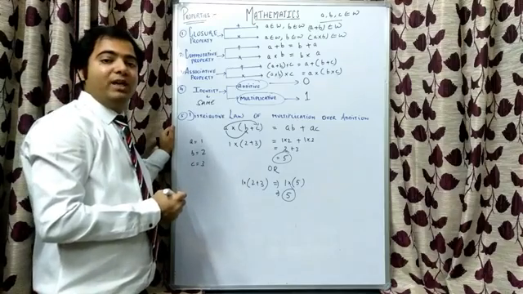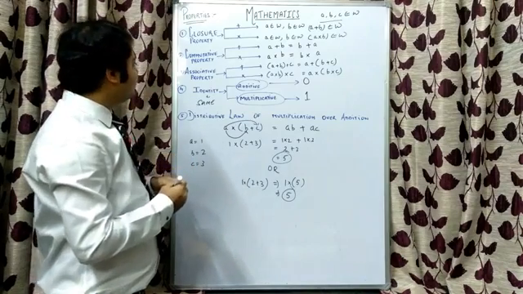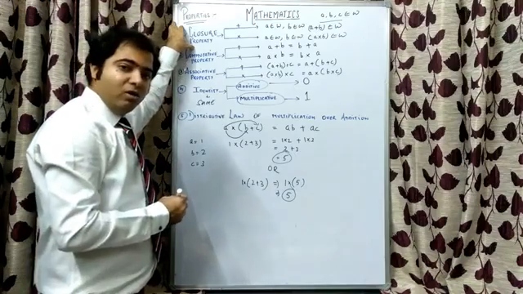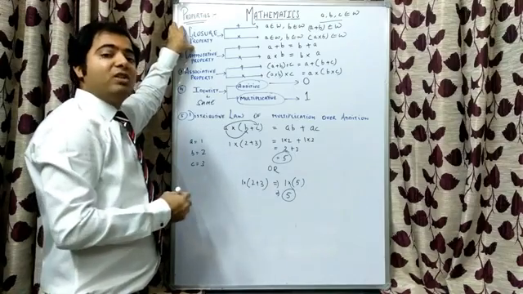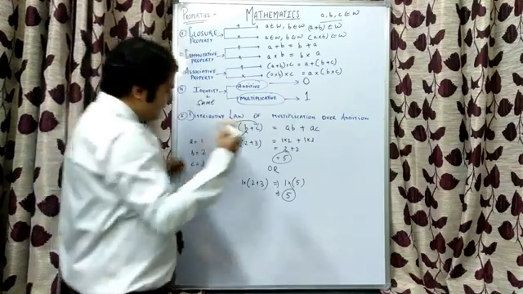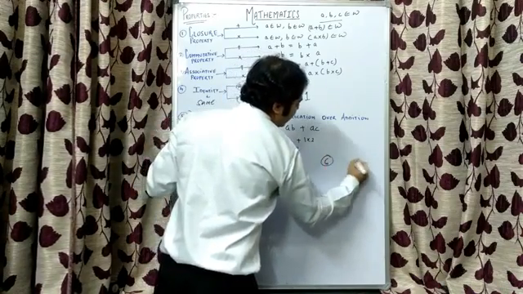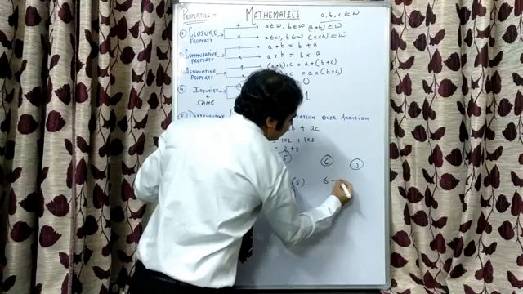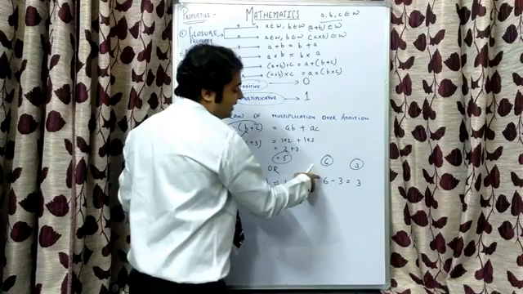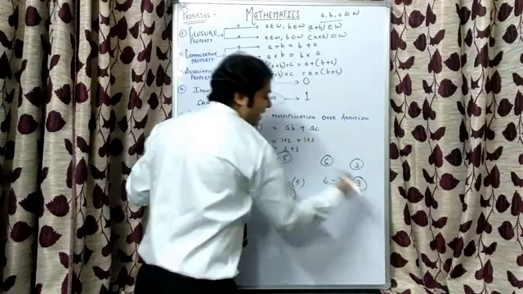Next property that we need to deal with is subtraction, right? In subtraction, children, the closure property can be followed or cannot be followed. Both cases are there. That means subtraction may or may not follow closure property. For example, suppose I take two whole numbers, 6 and 3. If I subtract 3 from 6, we will get the answer as 3. That means 6 was a whole number, 3 was a whole number. When I subtracted, I got the answer as 3.